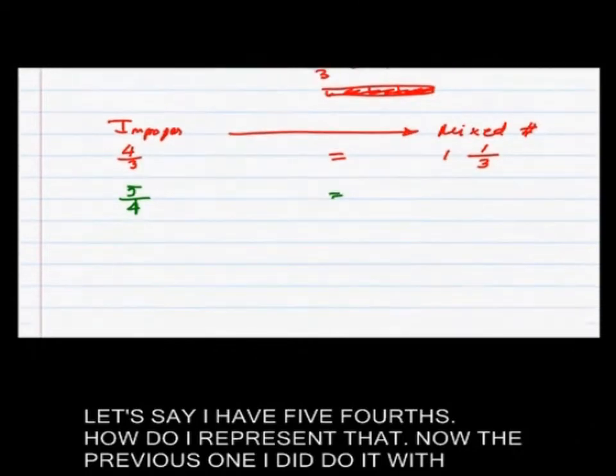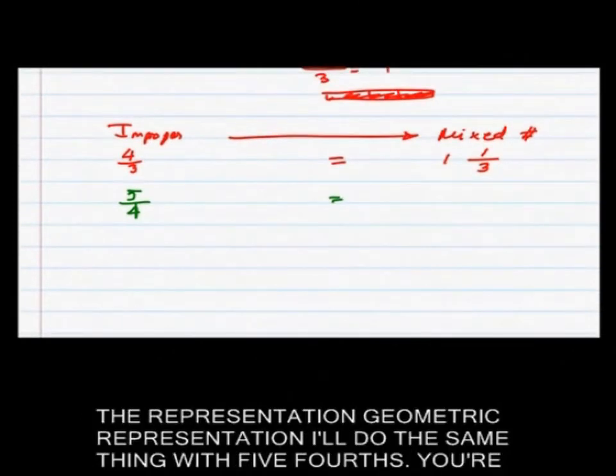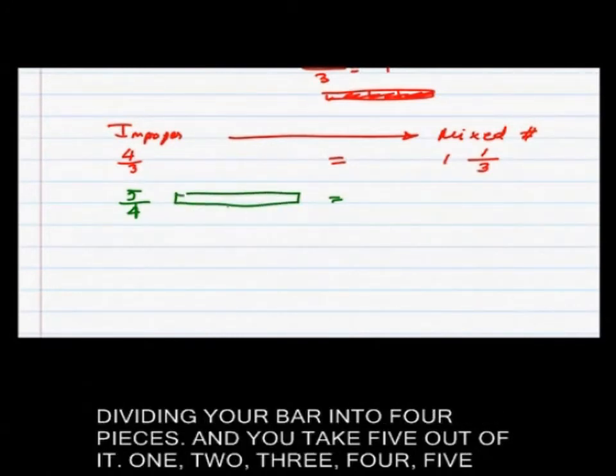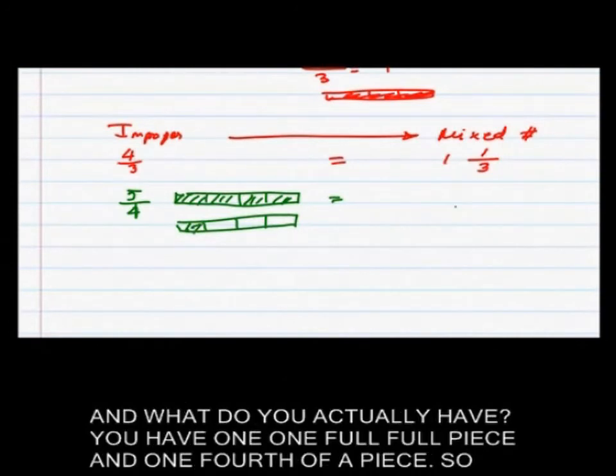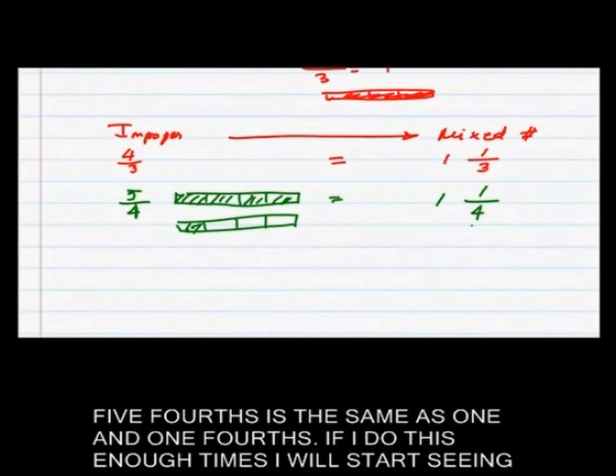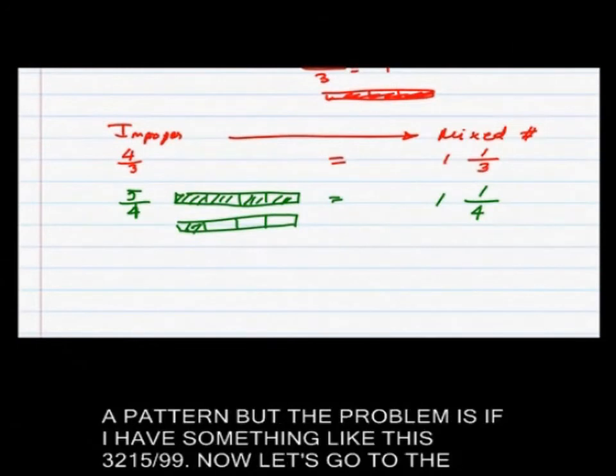Now, the previous one, I did with the geometric representation. I'll do the same thing with 5/4. You're dividing your bar into 4 pieces, and you take 5 out of it: 1, 2, 3, 4, 5. And what do you actually have? You have one full piece and 1/4 of a piece. So 5/4 is the same as 1 and 1/4. If I do this enough times, I'll start seeing a pattern. But the problem is, if I have something like this,